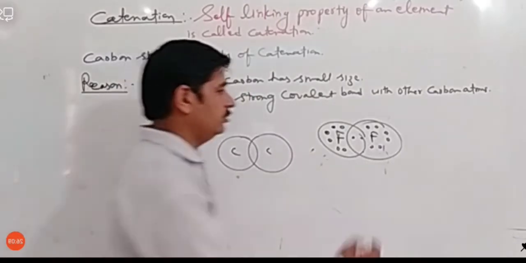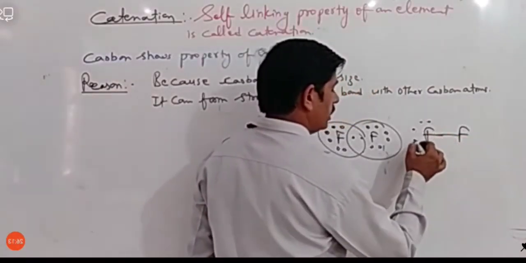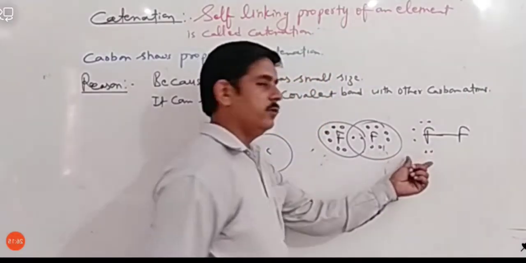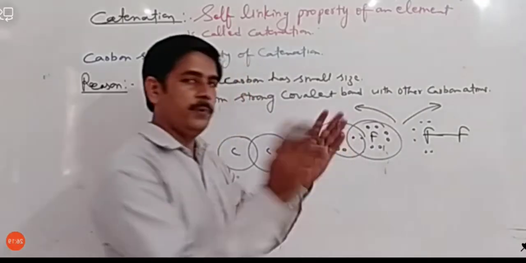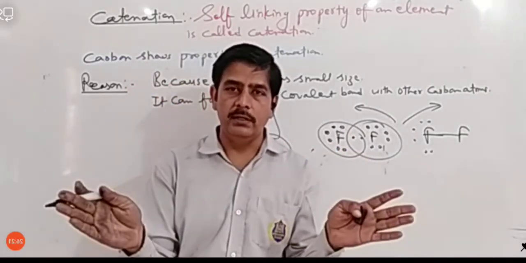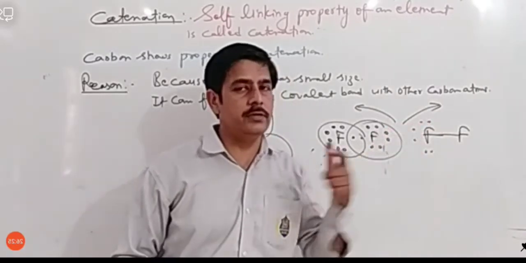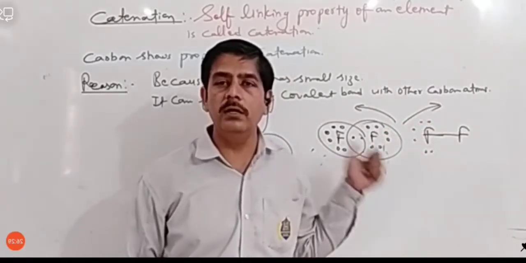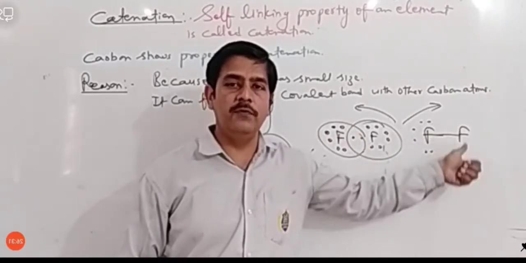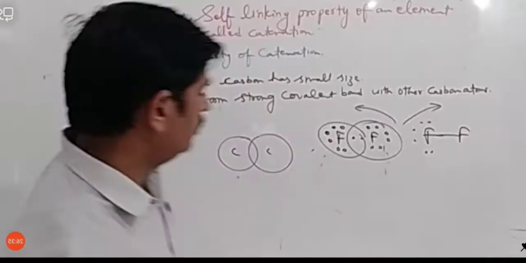अगर ये एक फ्लोरीन दूसरे फ्लोरीन से bond बनाने की कोशिश करेगा, suppose it tries to form a bond with this fluorine. So what will happen? This fluorine and this fluorine will repel each other. They will not attract. Okay, due to the presence of these electrons, because electrons are negatively charged, they will repel each other. So that's why it will not form a covalent bond with other fluorine atom. दूसरों के साथ bond नहीं बनाएगा. ठीक है? So no problem. Let's move on. आगे चलते हैं.